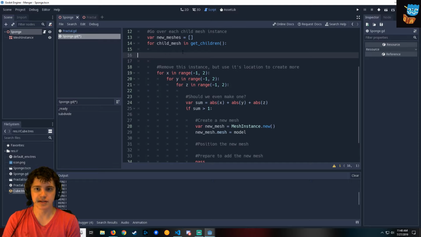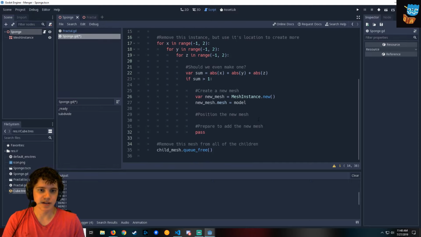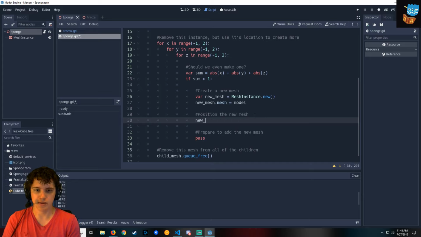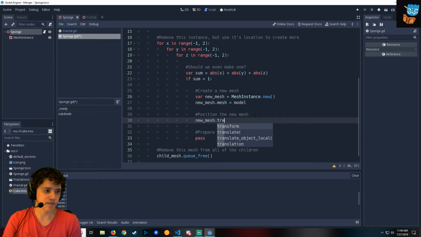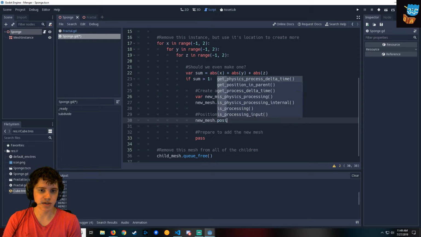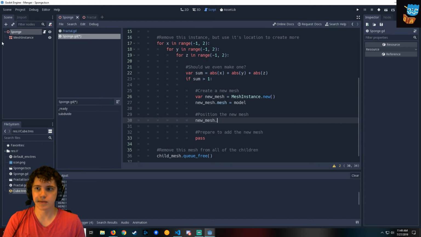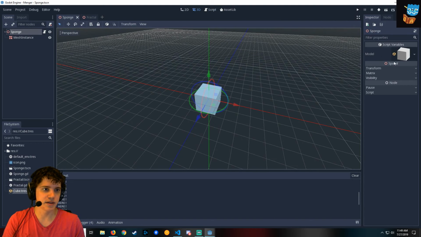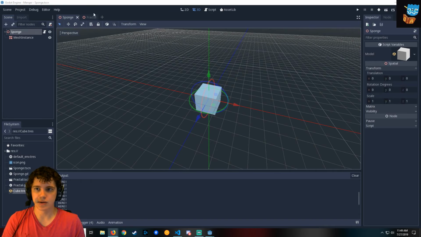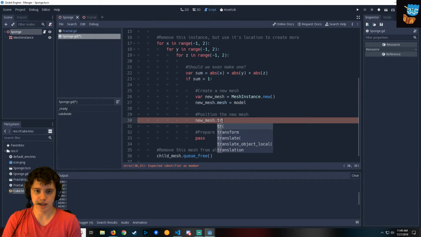We don't have to do anything tricky about that. So let's do the mesh instance. So new mesh dot transform, or we can just do dot position. Oh wait, it's not position in 3D space. It is translation. So we'll go back and do dot translation,